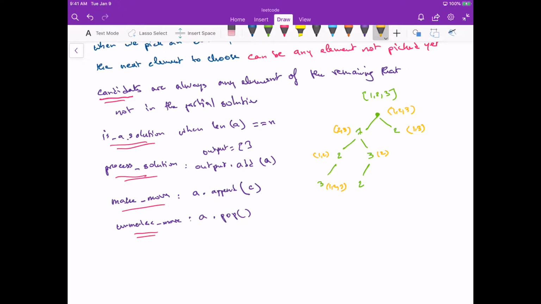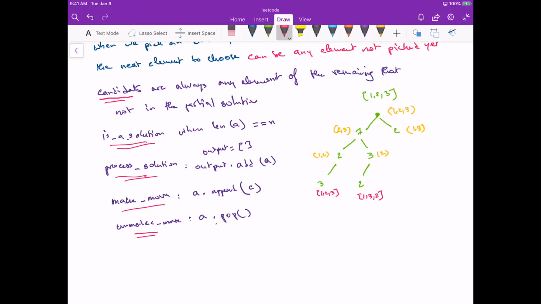And then here, once I arrive here, this is actually the solution. So let's just put in another number: 1, 2, 3. And here, since the length now is n, I have the permutation 1, 3, 2. So I backtrack. I already did 3. I backtrack, basically doing pop and removing 3 from the solution vector, and then I'm at 1, and I already did that, and so I pop